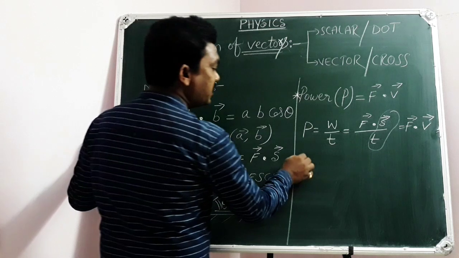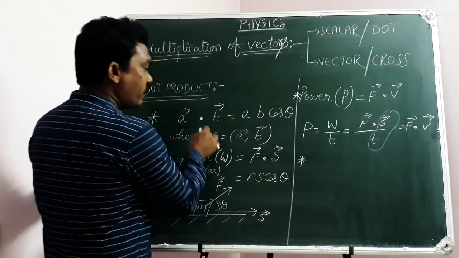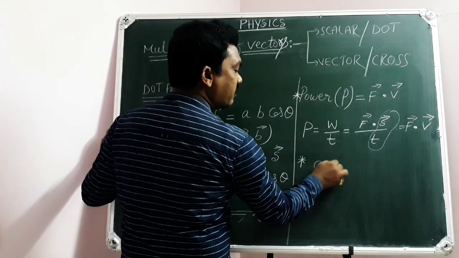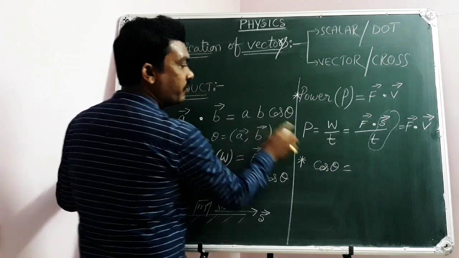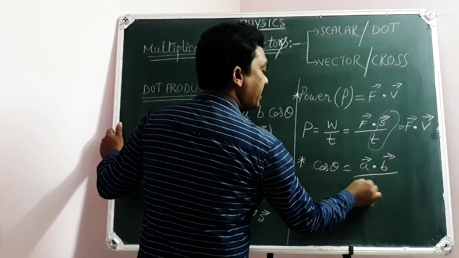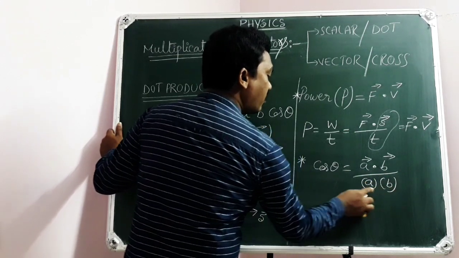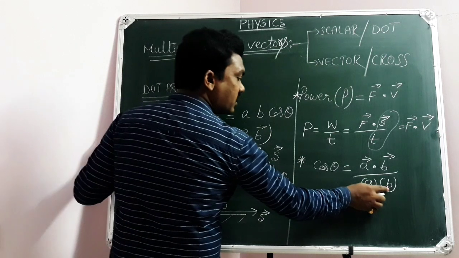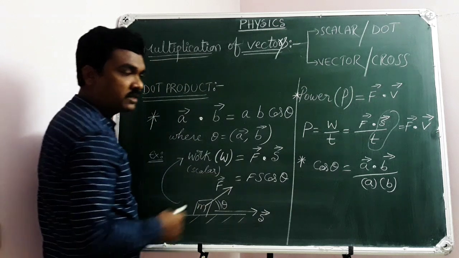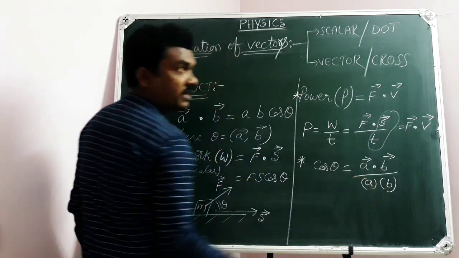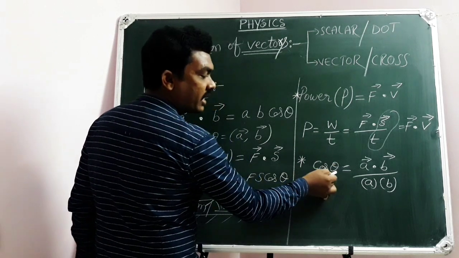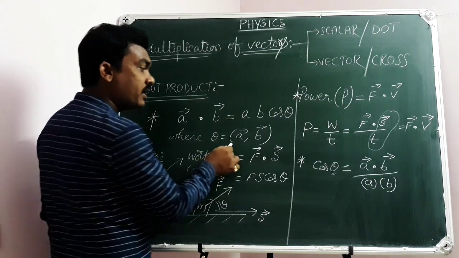That is the reason why there is an additional conclusion that I can explain here. From this basic formula, I can write the cos theta formula as cos theta equals a bar dot b bar divided by a into b, where a is the modulus of a bar and b is the modulus of b bar. So a bar dot b bar, the scalar product of two vectors, divided by a into b, the product of their magnitudes, will give the cos theta value. If you know the cos theta value, you can calculate theta, which is the angle between a bar and b bar.